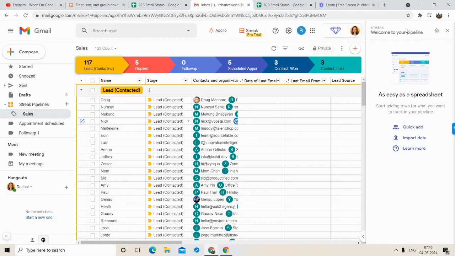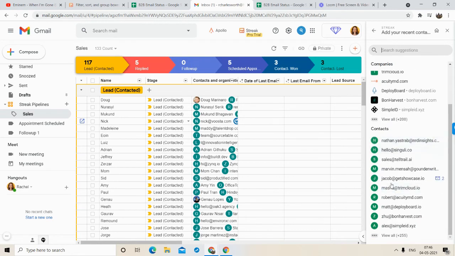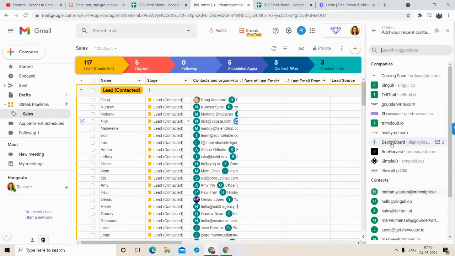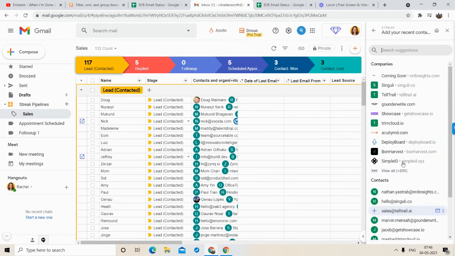Hope you understood. So quick add is nothing but what is quick add? It just lets you quickly add contacts, right? I already told you what quick add is. But I imported from the sheet, so I don't have to quickly add it.